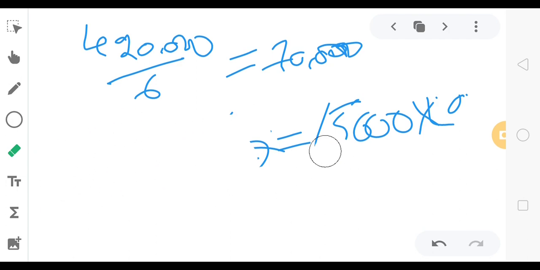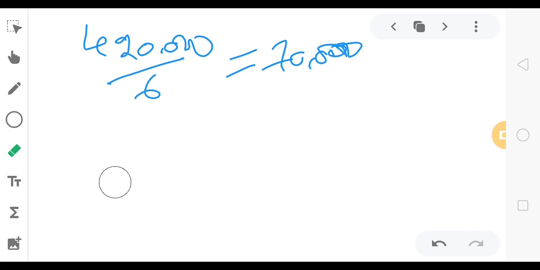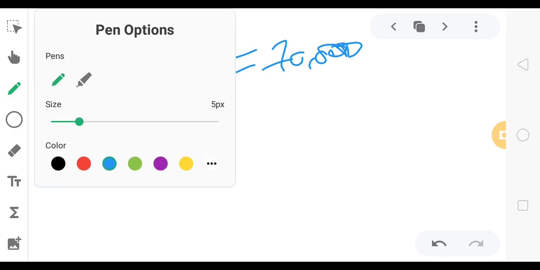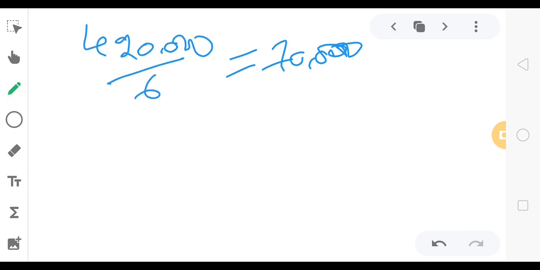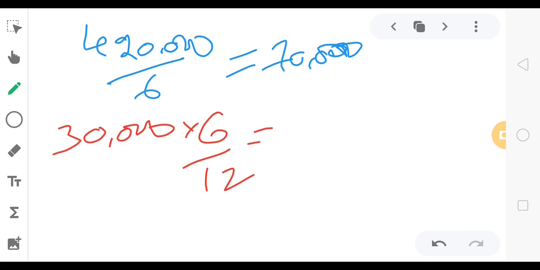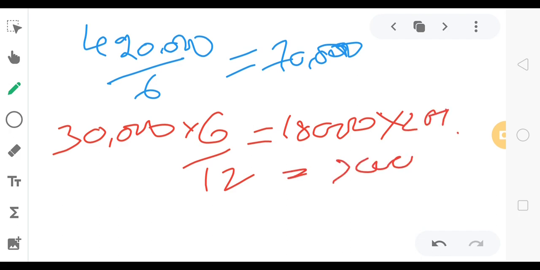So first, the already installed plant's depreciation is already given. So 6 months used, so 42,000 divided by 6 months used machinery. So second option here, now we calculate based on book value. So the book value is 30,000. Second additional machinery also got 6 months used. So book value is equal to 18,000. And then 20%, we got 3,000. So total we got 70,000. I hope you will be clear.